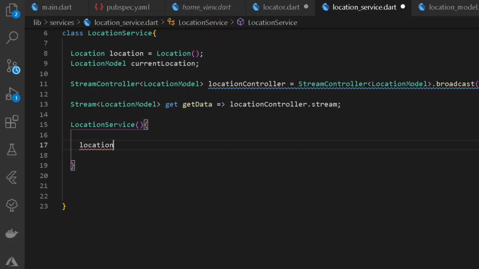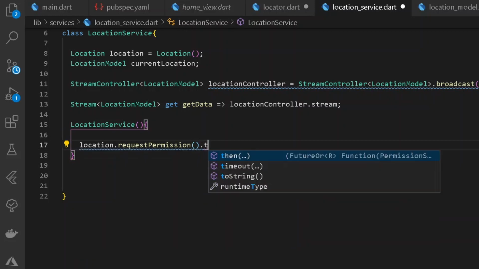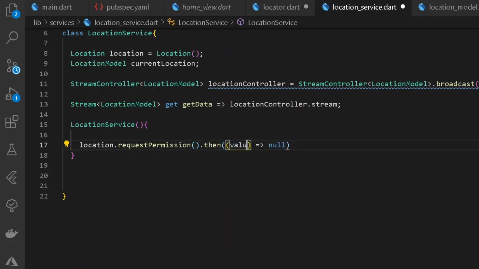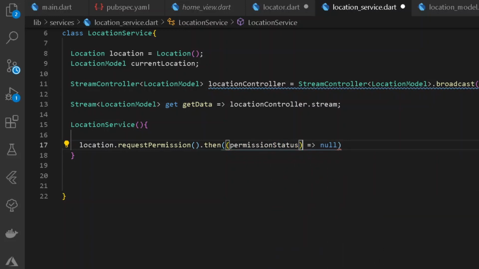So here let's have location dot request permission, and here we can simply have our then phrase, and here if the following permission is granted, let's have a new permission status. Alright, not status but status. So here under our arrow function let's remove it off. Let's go old style. So here I can simply say if permission status is equal to permission status of granted,